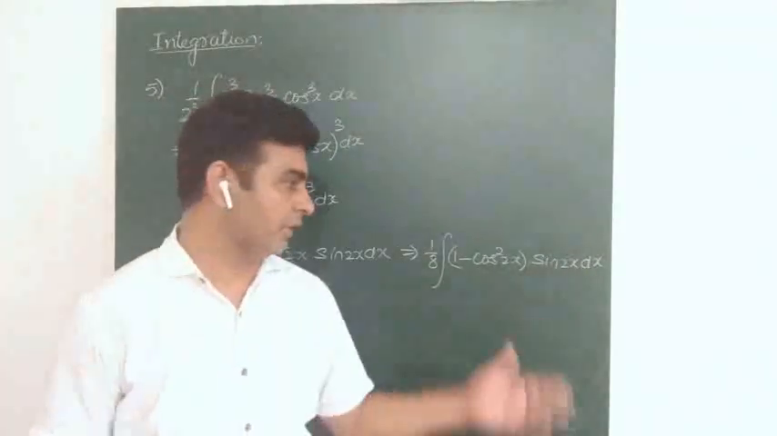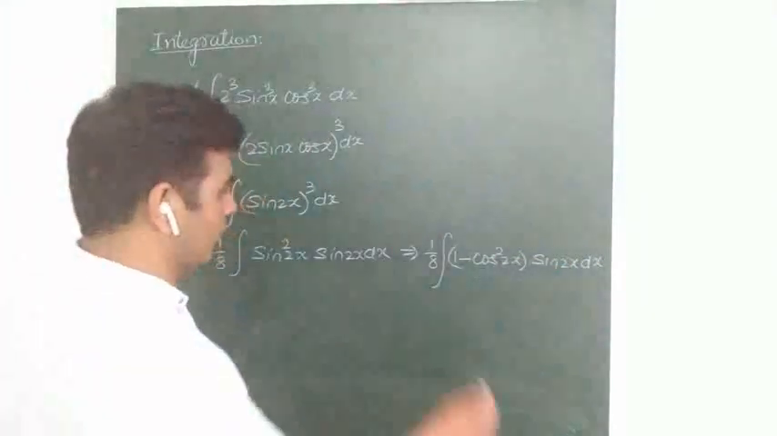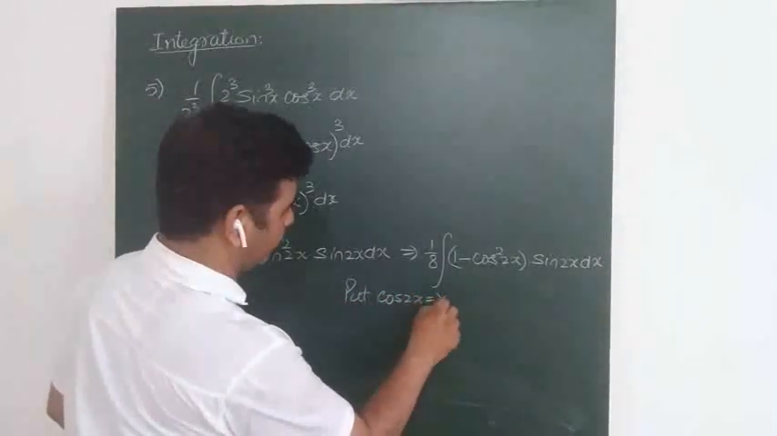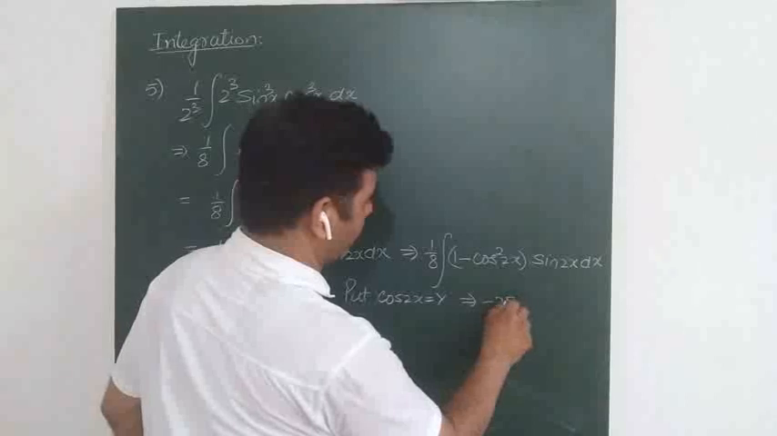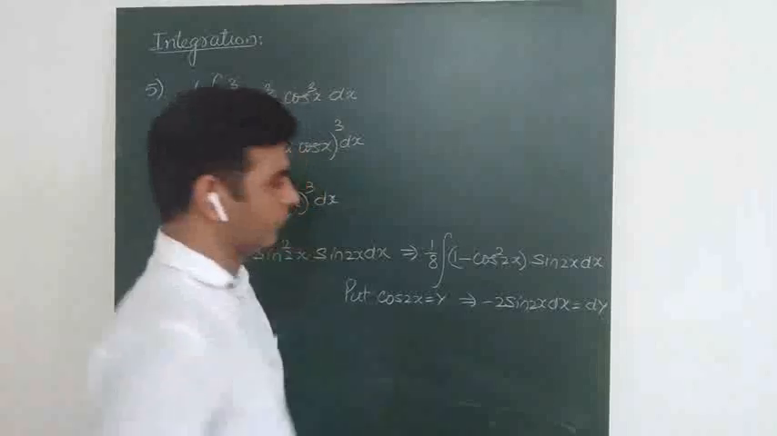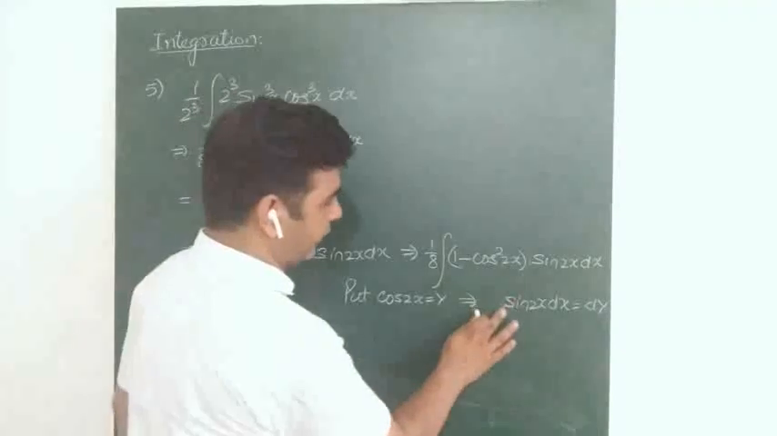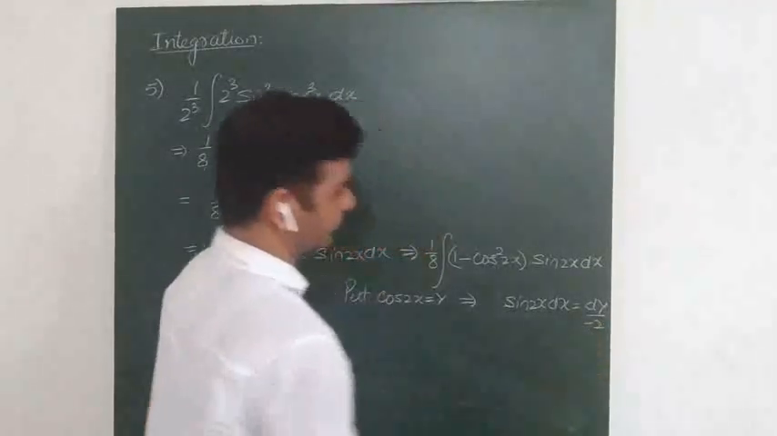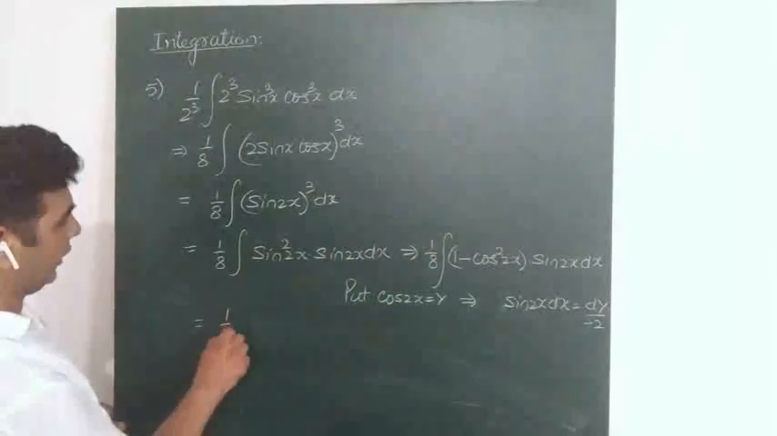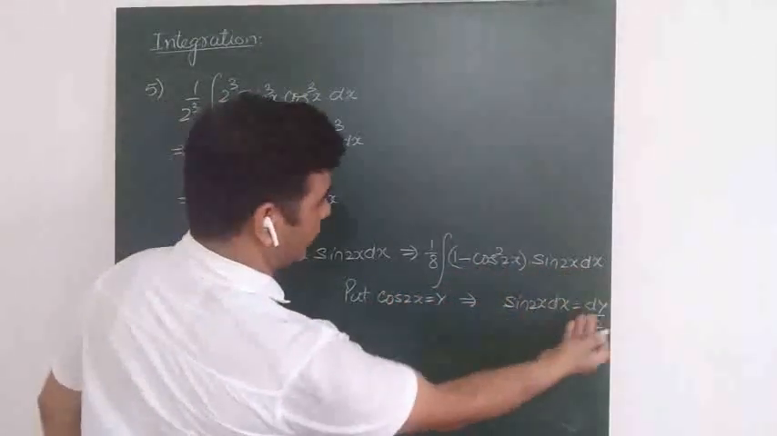Dear students, you can see the derivative of cos 2x is minus 2 sine 2x. So this is to be taken in substitution. Now put cos 2x equal to y, which implies minus 2 sine 2x into dx is equal to dy. But we don't require this minus 2, so take this minus 2 on the right hand side. This is like this, and the quotient will be now 1 by 8 of 1 minus y square into sine 2x into dx is given by dy